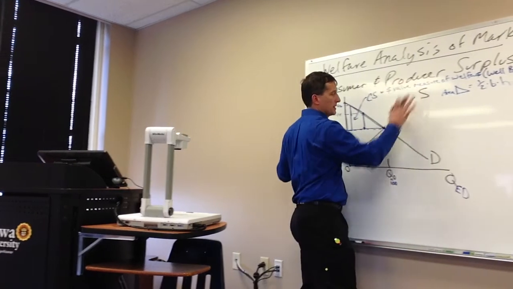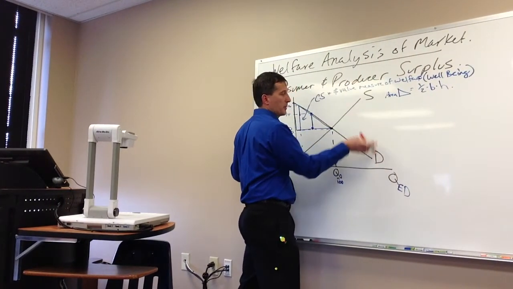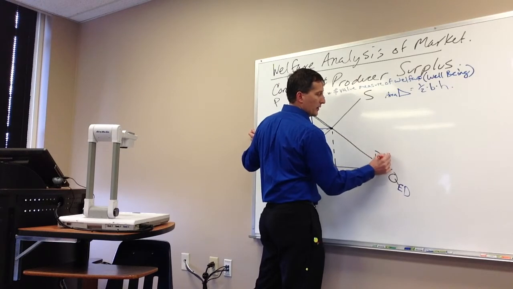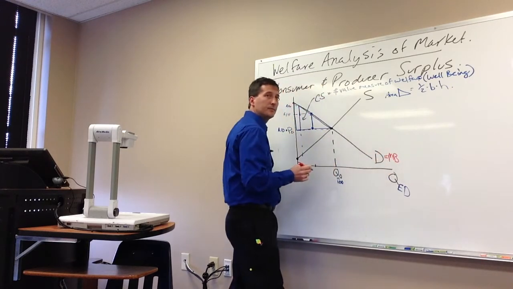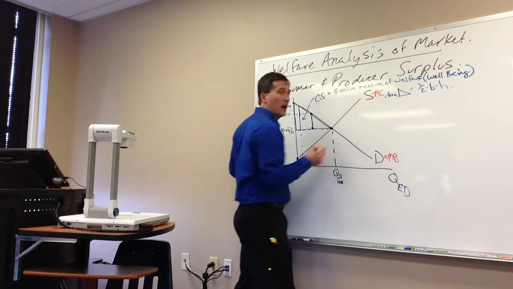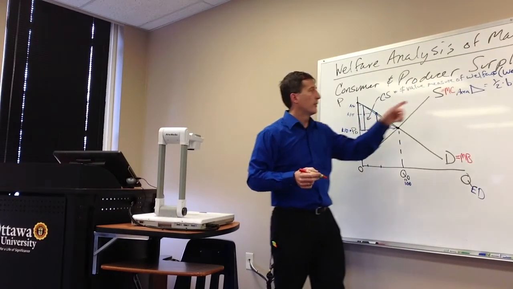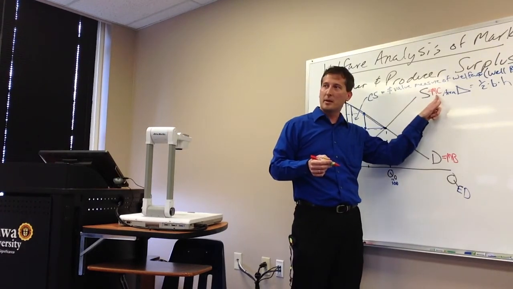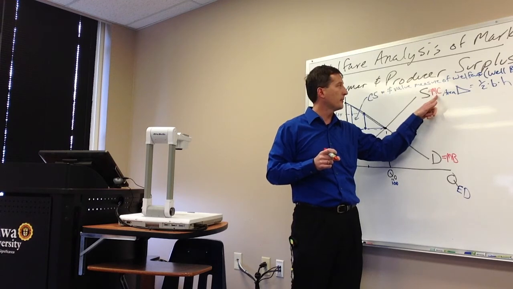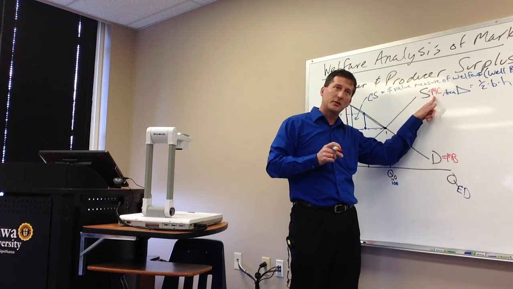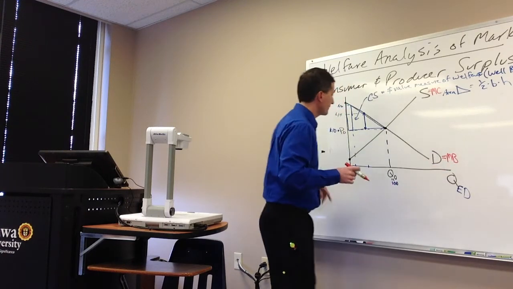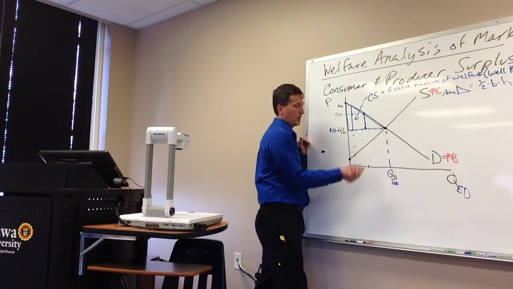So let me back up one sec and refresh your memories on what these supply and demand curves reflect. The demand curve is the marginal benefit curve, and the supply curve is the marginal cost curve. The cost of an additional unit, remember, substitute in the word additional for marginal just about any time. So the cost of an additional unit, the benefit of an additional unit. All right, so for the producers,